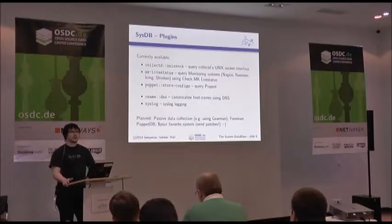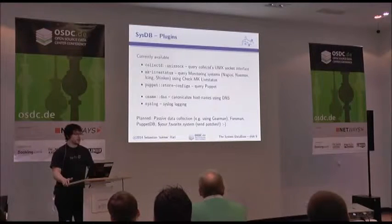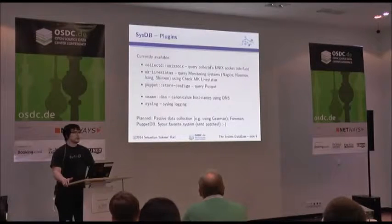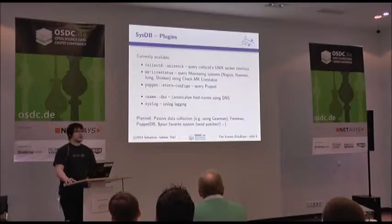Okay, so I said most of the data collection part is implemented as plugins, and currently only a few of them are available. They are mostly what I'm currently using, which is collectd, which is queried using its Unix socket interface. I have a live status plugin which can query all kinds of monitoring systems which expose that live status interface. So that is currently Nagios, Naemon, Icinga, Thruk, Shinken, and those kinds of systems. And I'm currently querying Puppet through the storeconfigs interface. This is kind of annoying. This is probably going to change in the near future. Well, not change, but another plugin is going to be available,